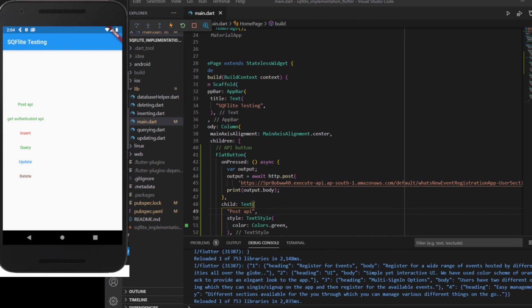For implementing SQFlite database inside Flutter, you can directly Google SQLite Flutter, and you will be taken to the SQLite Flutter package page. Inside it you can move to the installing section. So let me share my screen of that part.